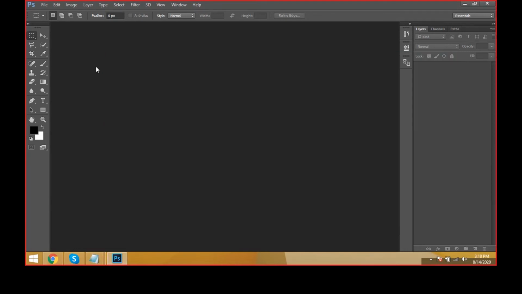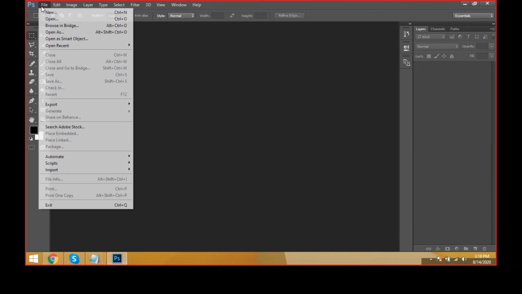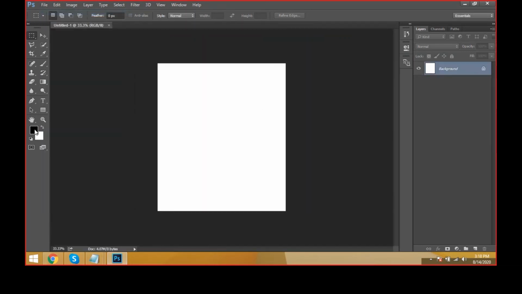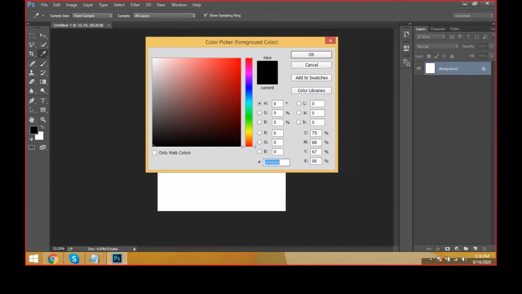Come to File, New Document. I'm taking the new document here. These are the values of saturation, hue, balance, and the hue colors, green and red. I'm giving 25, it is taking. 0, it is taking. And if you come to 150, it is taking color. See, the color is activating here. And I'm giving 256.